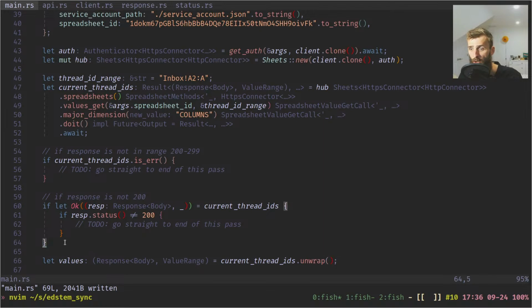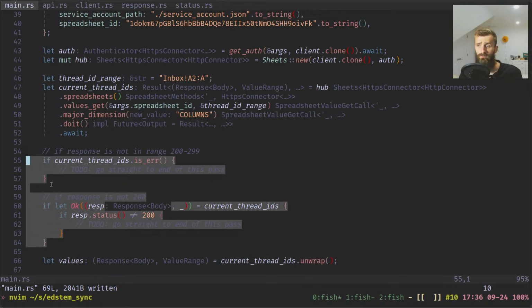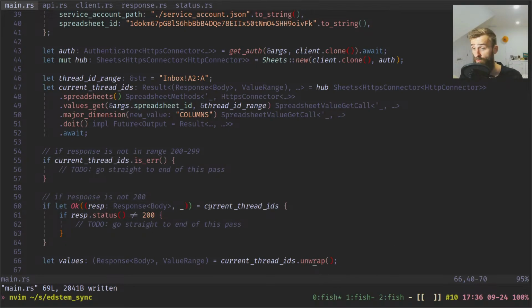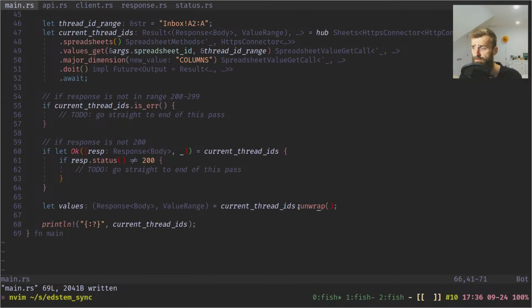Using unwrap's not wrong. You just need to make sure that you, some people, I mean, I don't actually know anyone who thinks this, but I can imagine how it might be easy to think that using unwrap is kind of the wrong way to do it, because you should properly use destructuring like this. But that's not actually the case. You just need to make sure that you've done appropriate error checking beforehand to be sure that it's going to be what you expect it to be. So because I've done this appropriate error checking, I'm going to unwrap it, and then I can